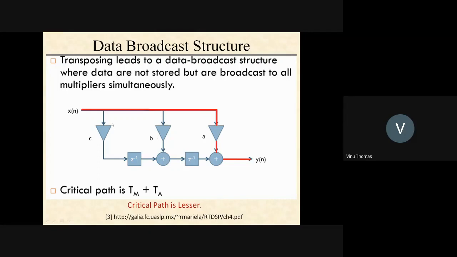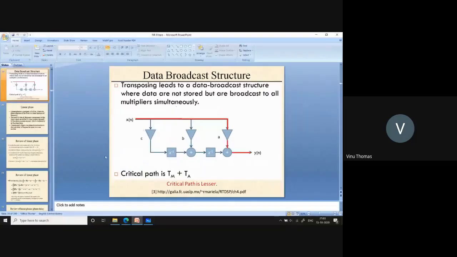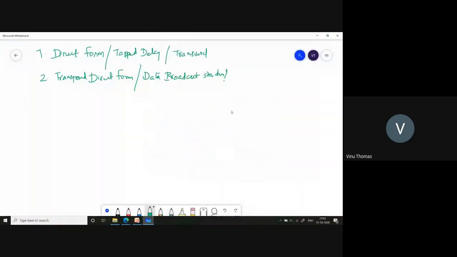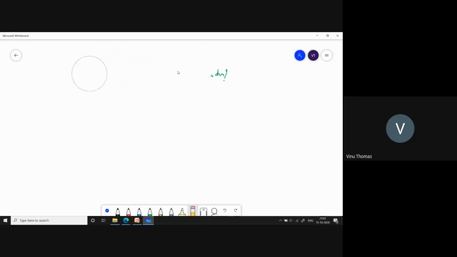Is it understood? It's broadcast to all the multipliers simultaneously. So this is called the data broadcast structure. Tapped delay line structure or the data broadcast structure. The transversal direct form structure or the data broadcast structure. So I will just rub this off and I will end today's session by